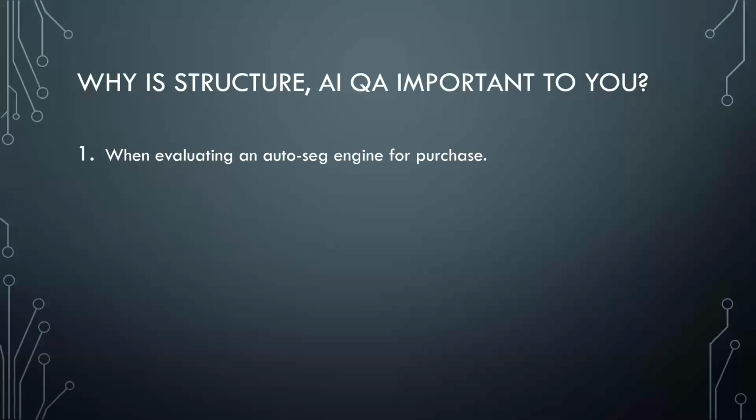Ideally what you would do is you get a temporary license from your AutoSeg vendor to try out the software. Structure AI QA is the perfect tool to organize and produce objective evidence. So for example, let's say, is the Elekta model working the best? Is the Varian model working the best? Or is any of these other third-party companies that are popping up across the industry and doing really great work, like Limbus AI or any of the other half dozen or so AI seg companies that are emerging?